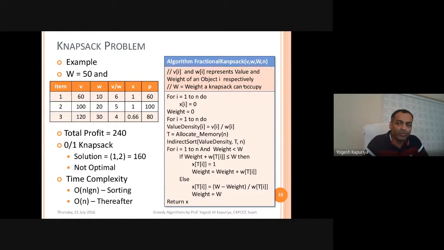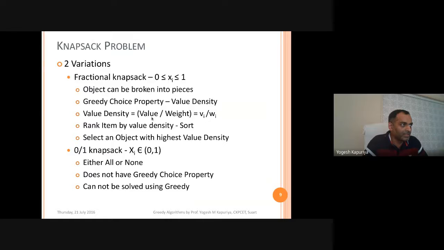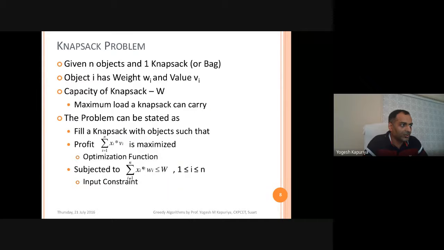First step is you have to make sure that your knapsack is empty. That's what we are doing in this first for loop. We are setting some variable x. Remember, when we discussed this, your objective is to calculate the value of xi.